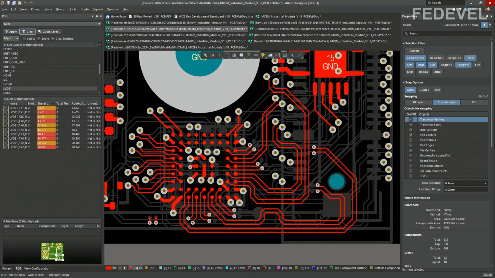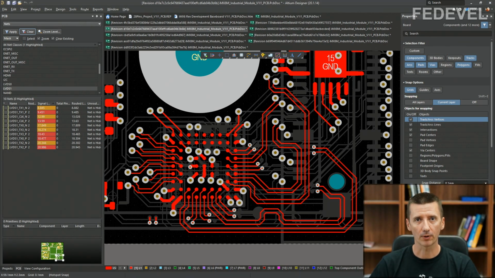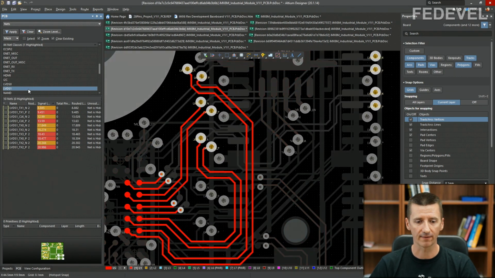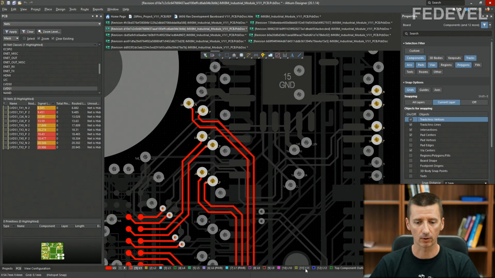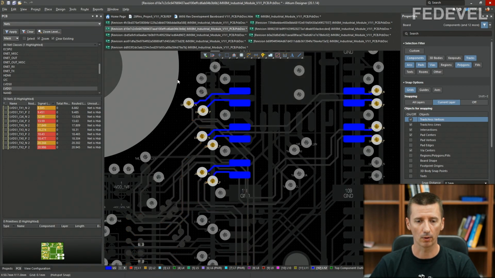But there is one more important thing I would like to point out on this layout. Notice how some of the signals of this LVDS1 interface are routed. Some of the signals are routed on the top layer and then they go to these through-hole vias and they are connected on the bottom to the board-to-board connector.